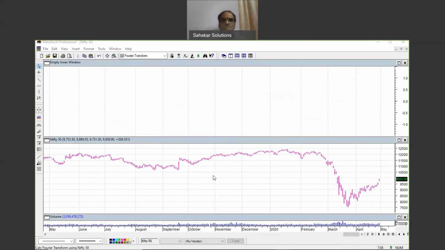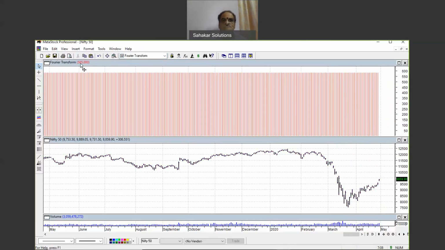Now, as you would see here, the longer term cycle length of the market is 585 days. As of now, the market went up relentlessly for more than 2-3 years, so generally the cycle length is more. So we take 585 days as the cycle length and take half of it. What is half of the cycle length? 585 divided by 2 is 292.5 days. So we take 293 days as the long-term moving average.